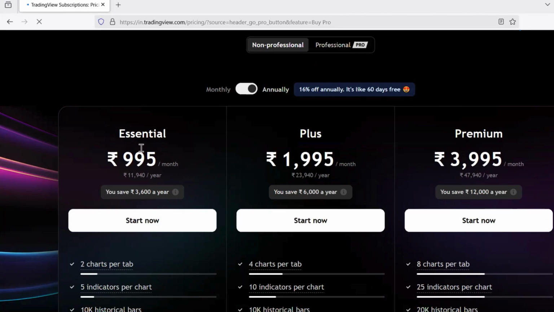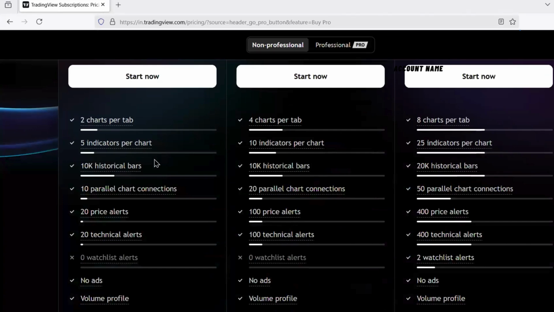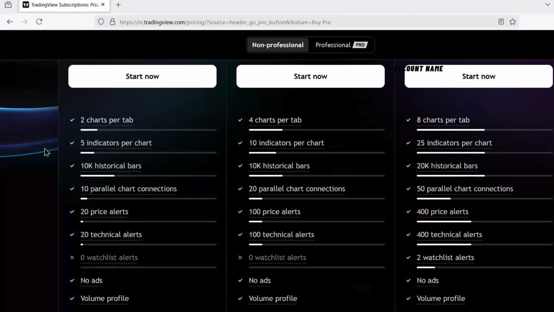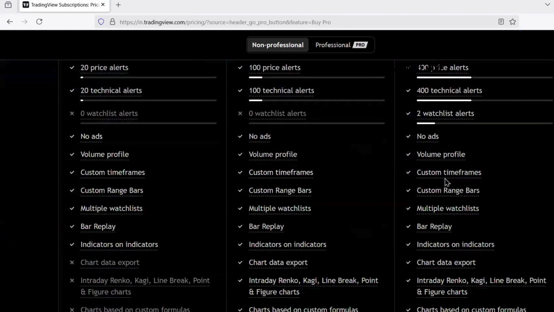You have the basic plan at around 995 per month, and you have premium plan around 3995. So this is the general comparison which you can see, and according to your requirement, you can choose the plan.